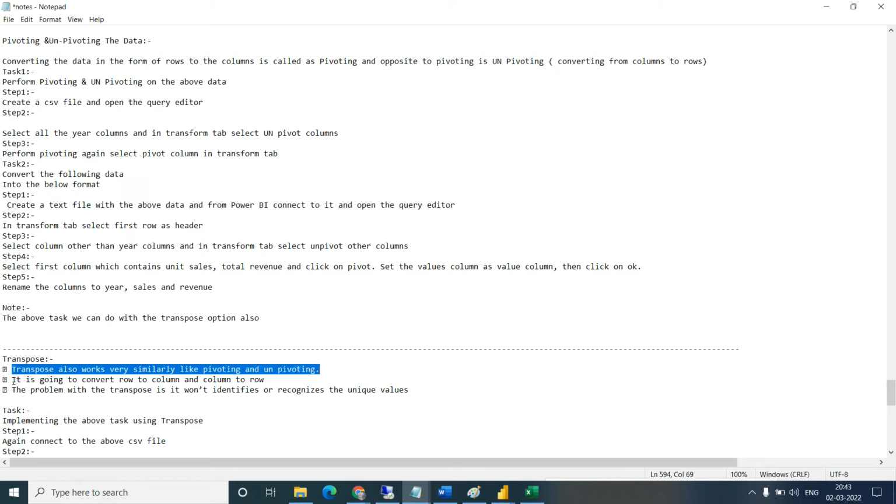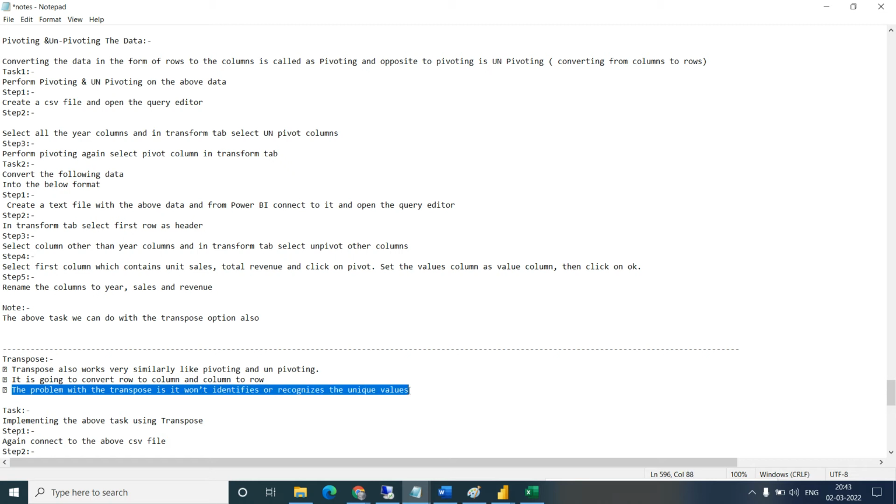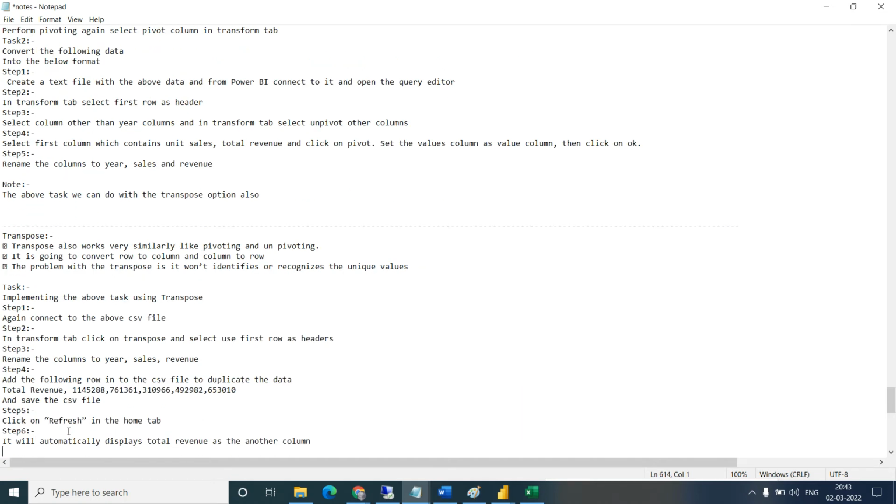It is going to convert rows to columns and columns to rows. The problem with the transpose is it will not identify or recognize the unique value. If it is a duplicate, it will give you a duplicate, it will not give you unique. So that is a problem. Let's see the example. I will show you.